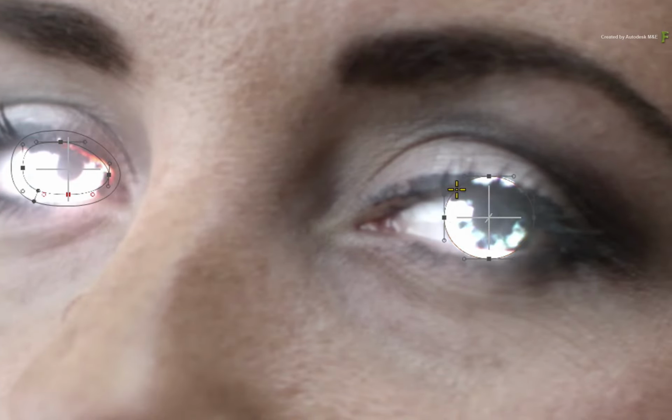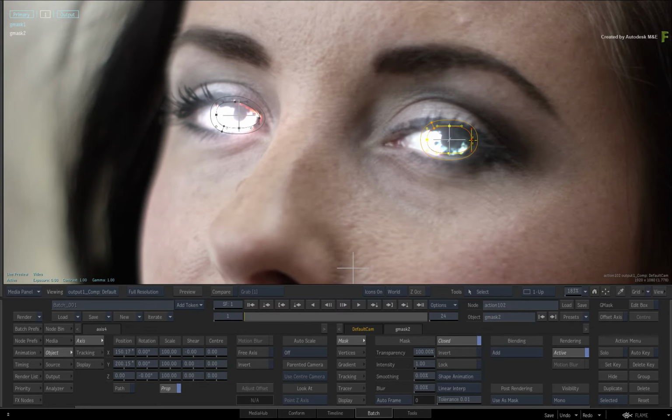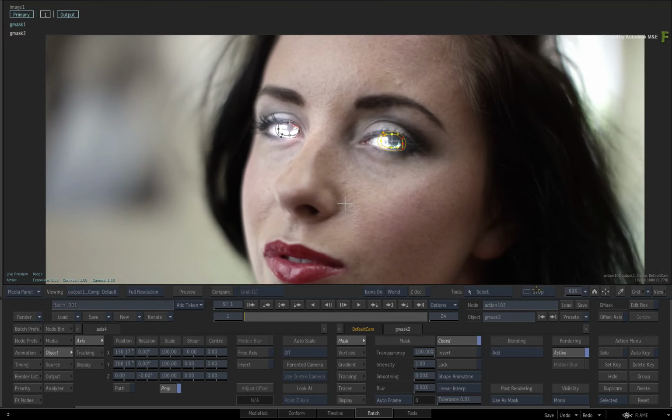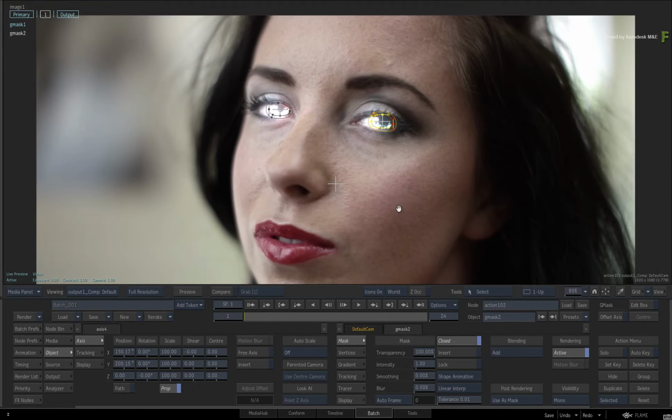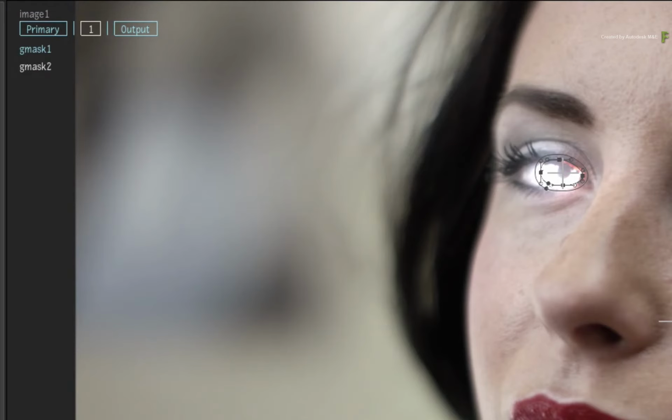As before, you would reshape the mask as well as add a softness gradient point to taper the effect of the blooming. So these are working out pretty good so far. Next, let's track each of the masks to the length of the clip. You can do this quick and fast using the planar tracker.